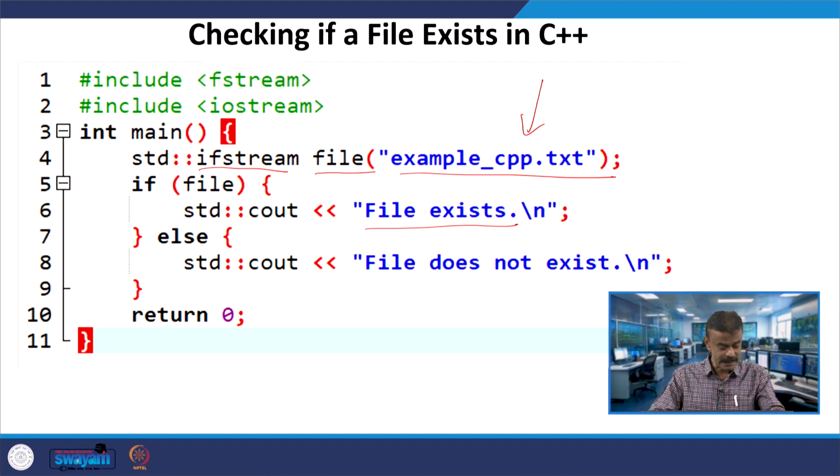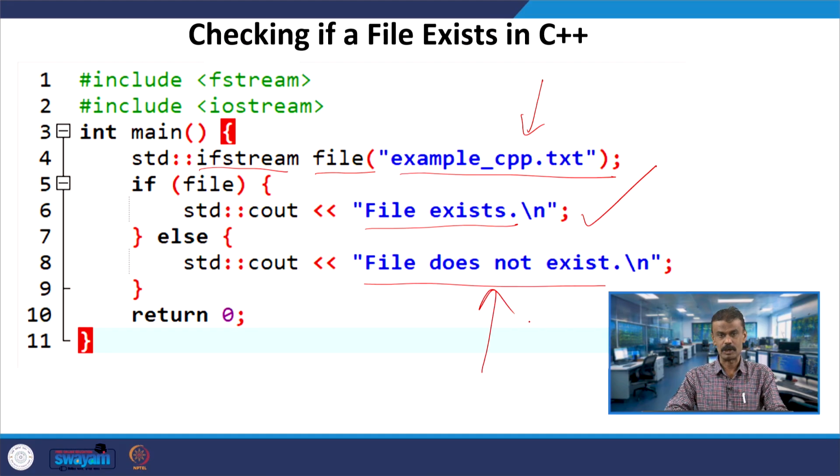So, now here in this program what we are doing, we are checking whether the file exists or not, correct. So, if file, that means if the file exists, that is true, then it will print file exists, otherwise it will tell file does not exist. So, simple program, right. So, let us go back to the C++ console and assume that we have example underscore